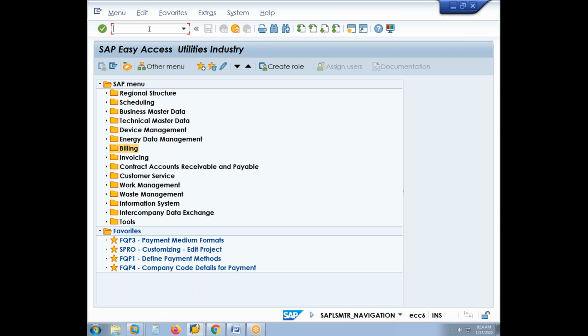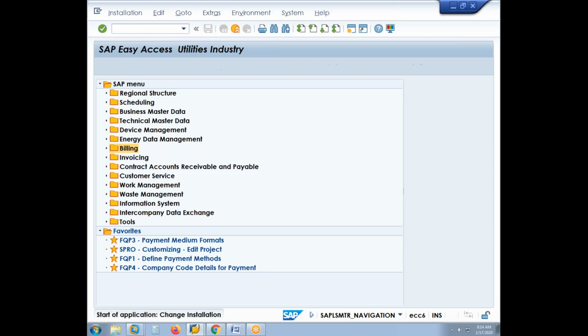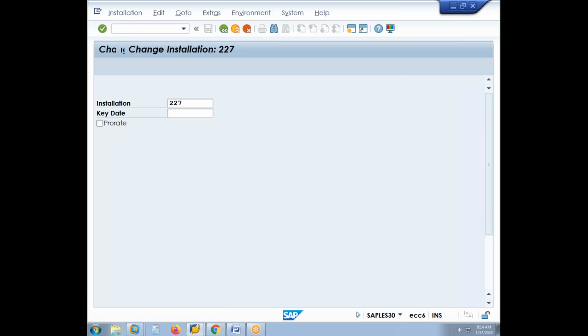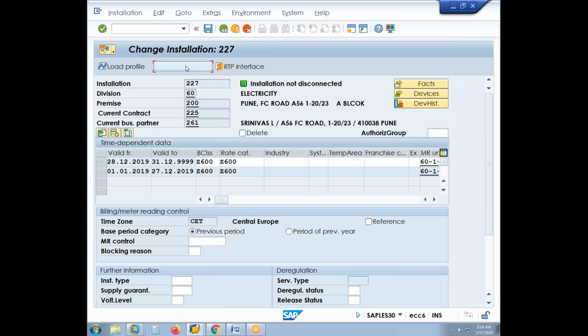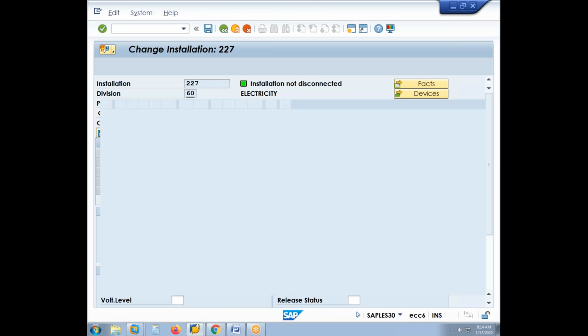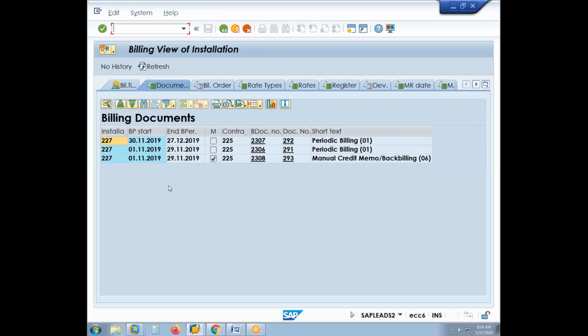Now let us see, we have got an existing billing document. We want to make a debit memo. So go to billing periods and then go to document. We have a document which is basically